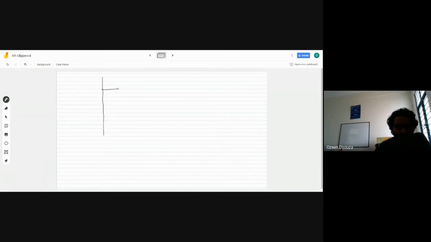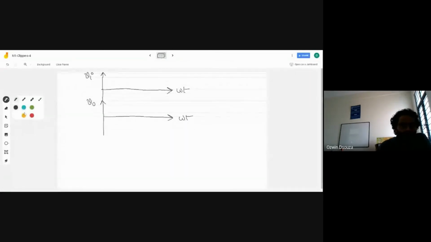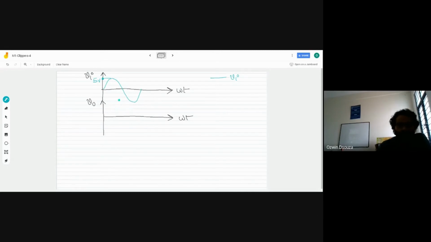So first, let us draw the input waveform, omega t. This is your input, and below the input, you can draw the output. Say this is your V naught. Okay. Say input is represented with blue. Okay, let's draw the input. Okay. So this is the maximum value of the input. And what's the maximum value? Maximum value is 5 volt. Okay. Let us draw the transition points here.